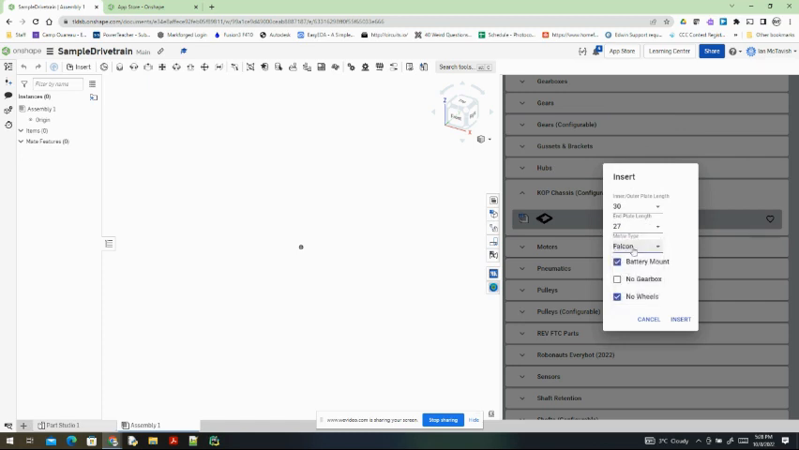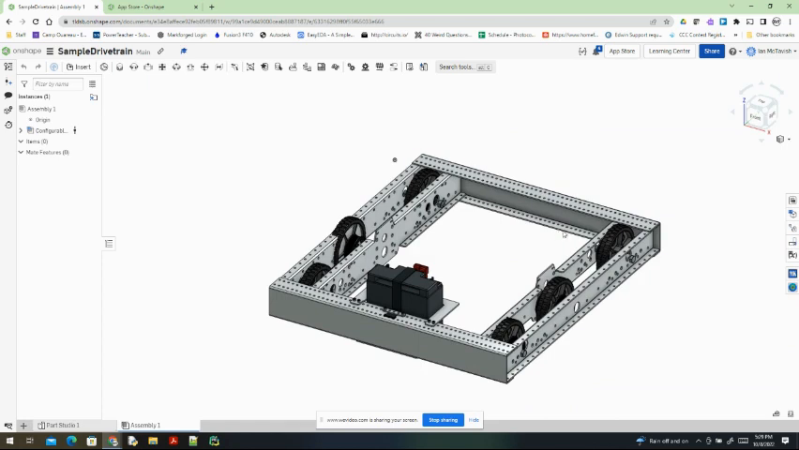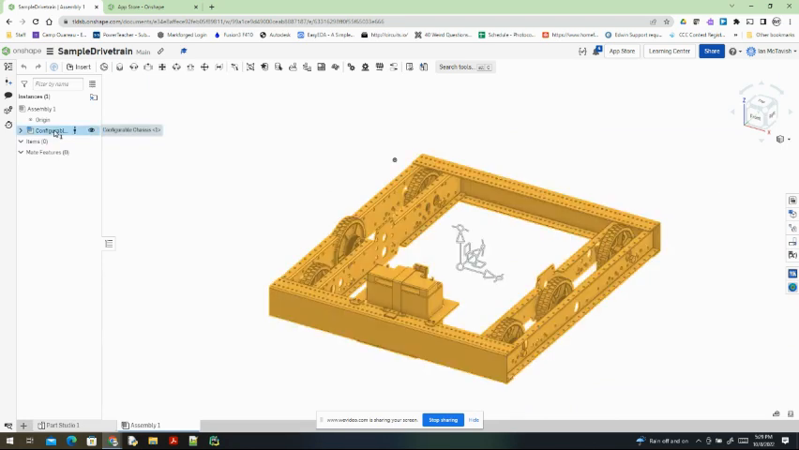If I'm going to use the Falcons, you can choose whether to include your battery mount, the gearbox, and if you want no wheels. And if you click Insert, that is going to insert your drivetrain. It might take a few moments. And there we go. So once you have the drivetrain in place,